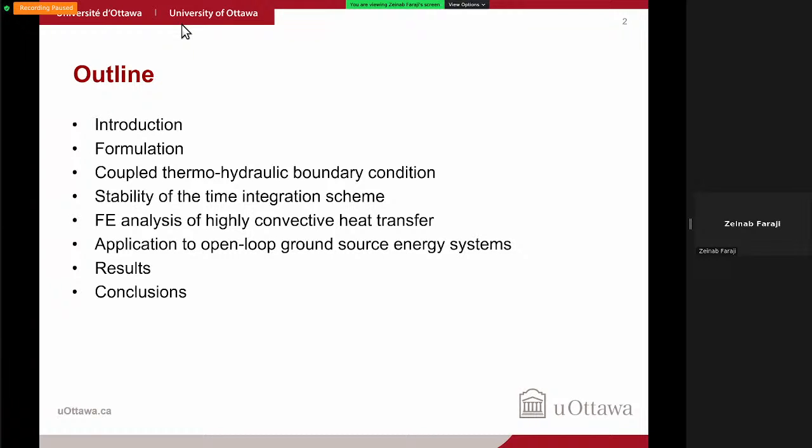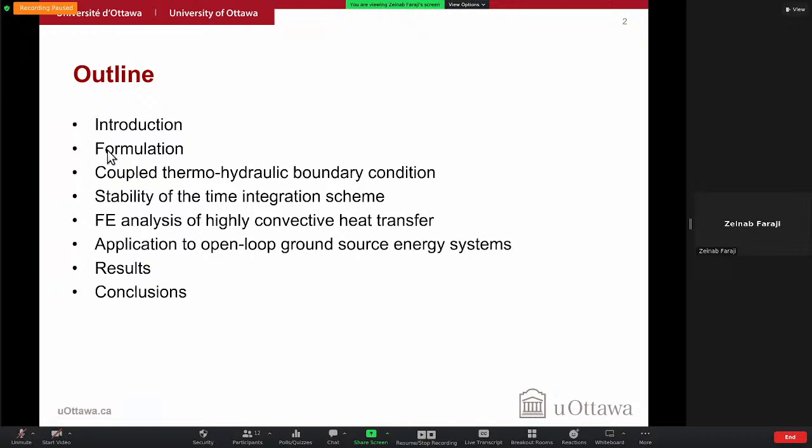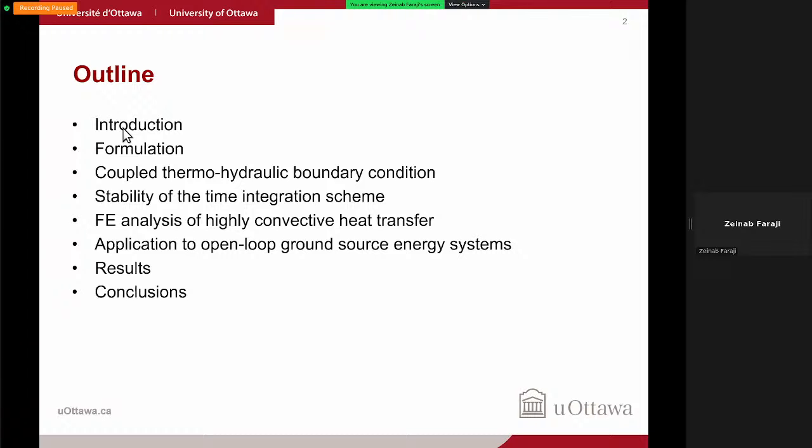And the important part is to know how to calculate the stability of the time integration scheme. And finally, the outcomes from the analytical investigation are utilized in simulation of an open loop